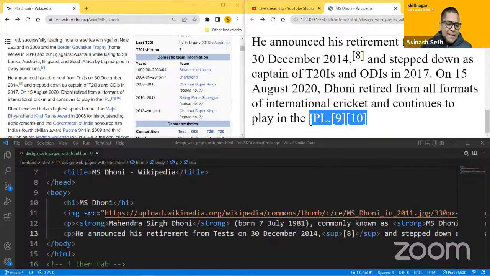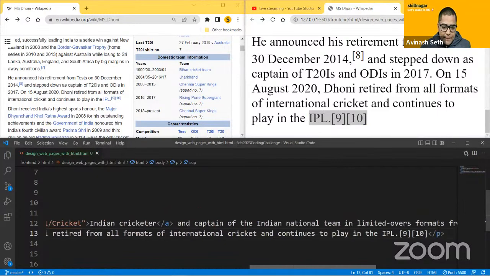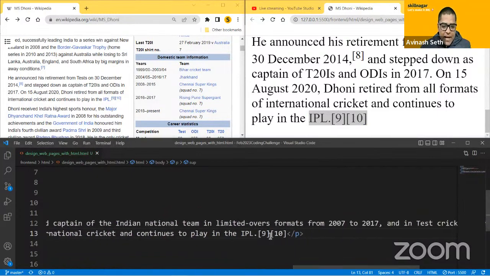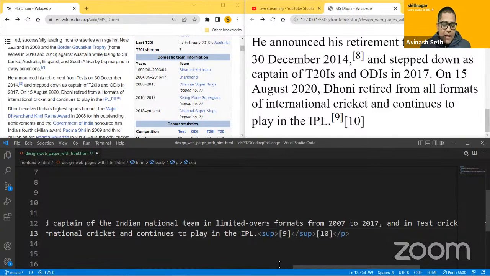We have to do the same thing. So let me show you how. I have 9 and 10, which are separate text. So I will say SUP, closing tag, save the file. And now you can see 9 is superscript. I can do this for 10 as well, SUP, and I have saved the file here as well. So you can see how easy it is for us to actually make superscript.